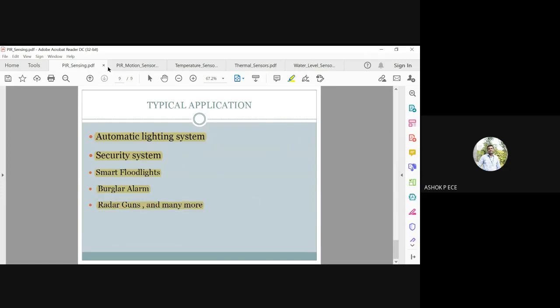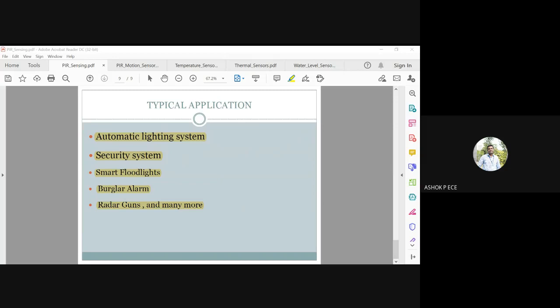This is one of the presentations I have on the PIR sensor. As such, for all these sensors, you don't have a separate textbook which contains all these things. I have downloaded all your textbooks and reference books and found that none of them have detailed information about all these sensors. That's why I downloaded the presentation and I'm taking class from it. I'll be uploading everything in your Google Classroom. You can download and read it for your assessment, or write assignments from it. That is enough, and you can prepare for your CAT 2 exams, which are scheduled soon, right?